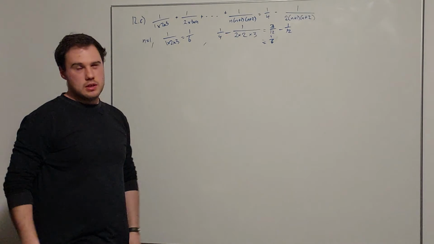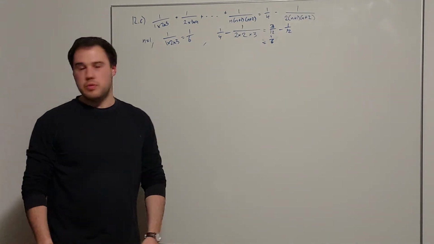So if we sub n equals 1 into the left hand side and the right hand side, we get the same thing. Then we assume